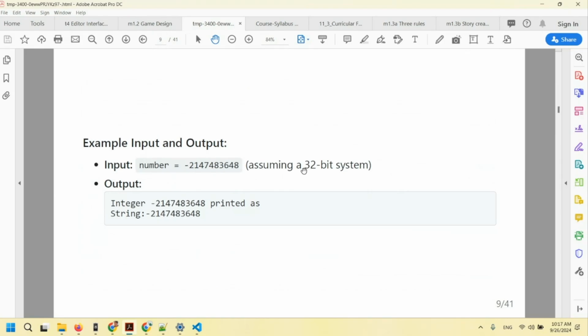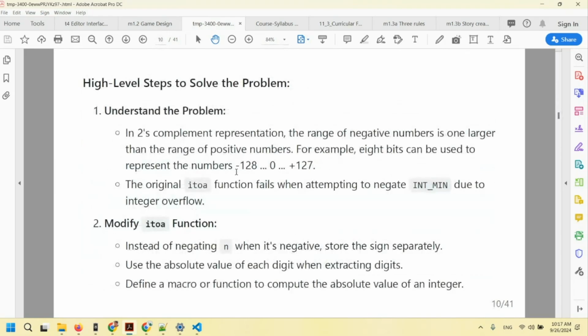Yeah, so for a 32-bit system, you obviously can represent a way bigger number, but you still have the same problem. You cannot simply reverse this number into the positive 2 to the 31, whatever, and to the 8. You can only do to the 7, right? All right, so